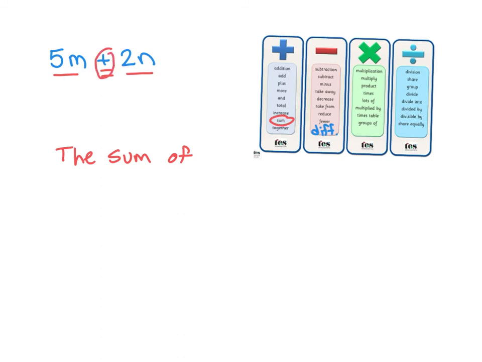Well, the sum of what? What am I adding together? I'm adding together this 5m term, which we know is 5 times m. Let's go to product for that. The sum of the product of 5 and m